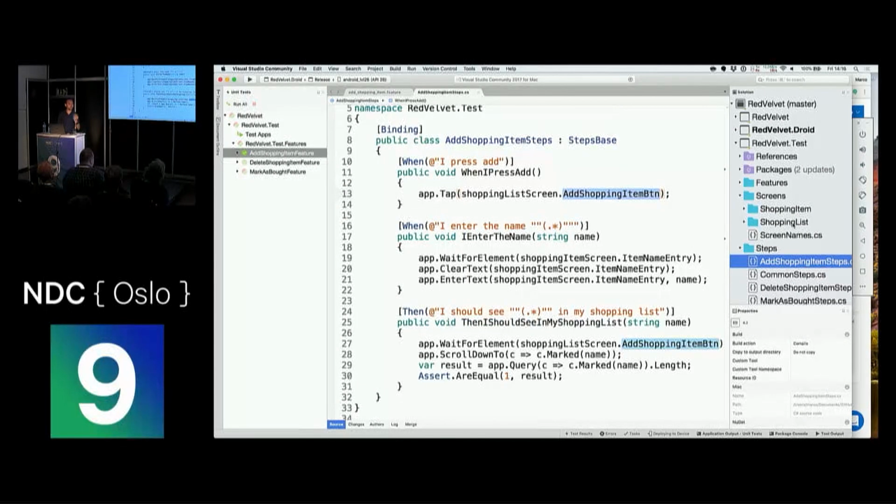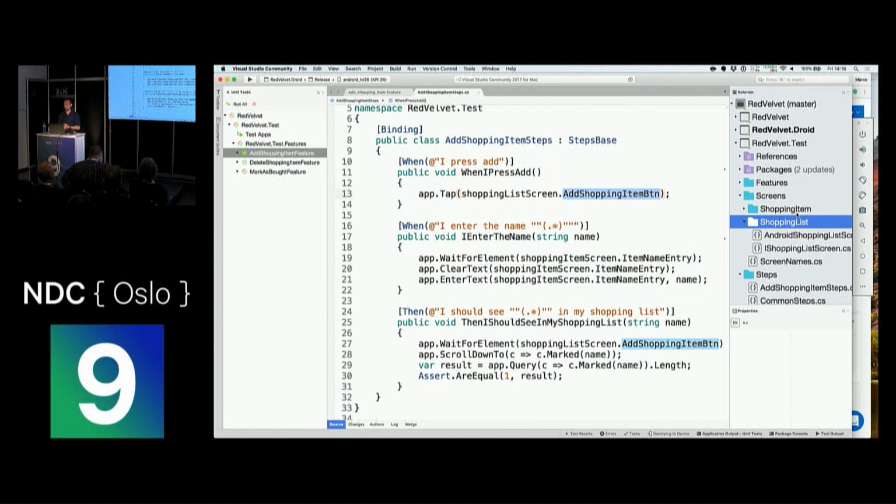We have two kinds of screens within this application. We have a shopping item, which is actually like a detail page, and we have a shopping item list. And what we're doing right now over here is something called the page object pattern. Because of this, you can just write these specifications for either iOS and for Android. It doesn't matter because the functionality should be the same on both devices. But actually tapping on certain coordinates might be different because of the UI, because of how it looks. You might have the tab bar on top on Android and the bottom tab bar on iOS. But by abstracting it using something called the page object pattern, this can be done for us easily.